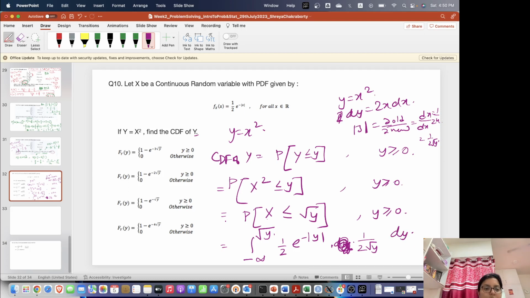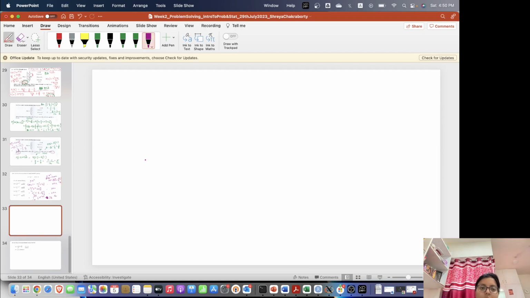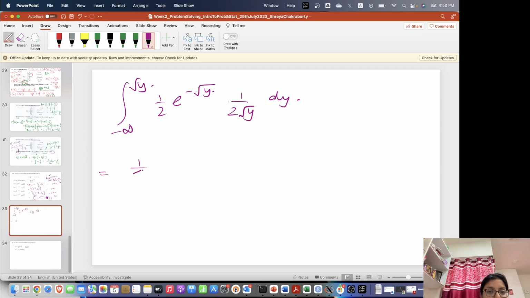So then if we proceed, we'll have minus infinity to root y half e to the power minus root y. I think this 2 should go away. Some 1 by 4, minus infinity to root y, 1 by root y to the power